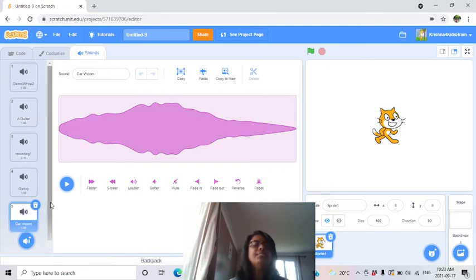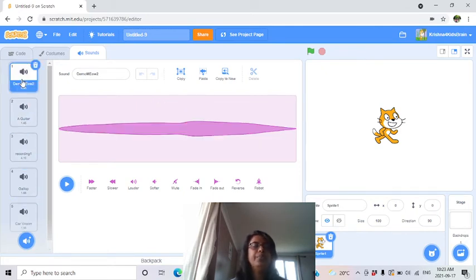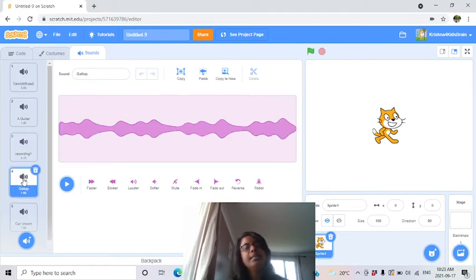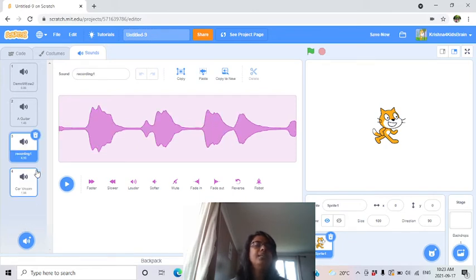Now we will see how you can switch between sounds and delete them. I already told you how to delete. So now the sound selected is this one, the fifth sound. If you want to select the first one, click here. If you want to select the fourth one, click this one. And if you want to delete it, you can just click on this bin. So it will get deleted. So now you know how to add it, how to delete it, how to switch between the sounds, and all these options, how to make it faster, slower, or copy paste, all those things, right?